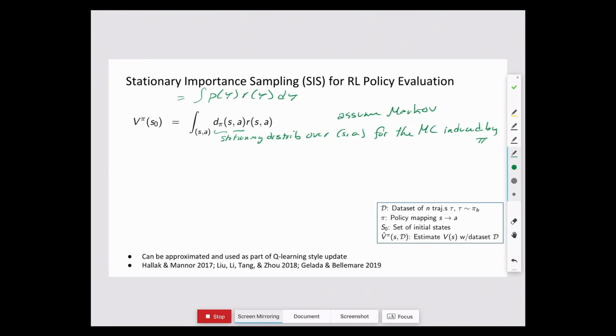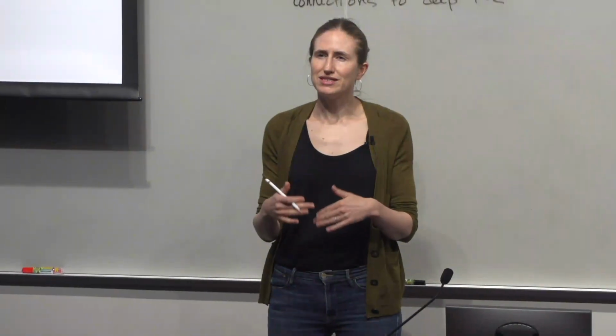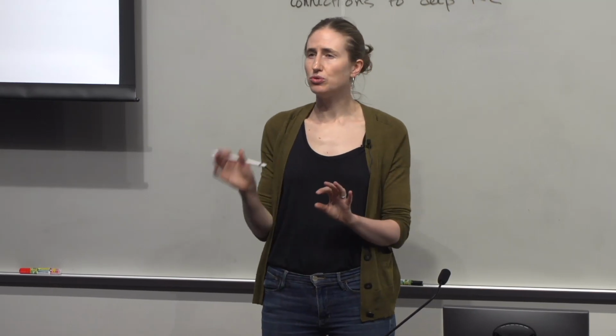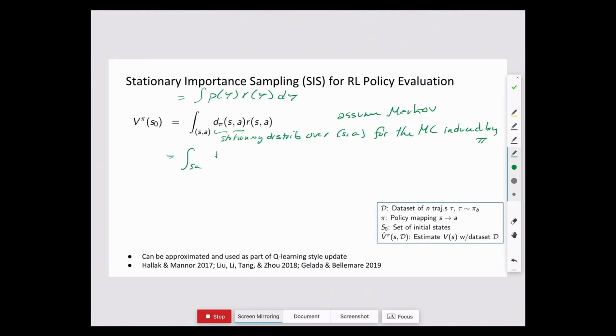But the nice observation is that once we think about it in this way, we can play the same importance sampling trick, but instead of doing it over trajectories, we can do it over state-action distributions. So this is just equal to the sum over s, a of d^pi(s,a) divided by d^pi_b(s,a), the stationary distribution under your alternate policy, which means this is approximately equal to 1 over n samples where we've got (s,a) pairs sampled from pi_b, and then we reweigh them.